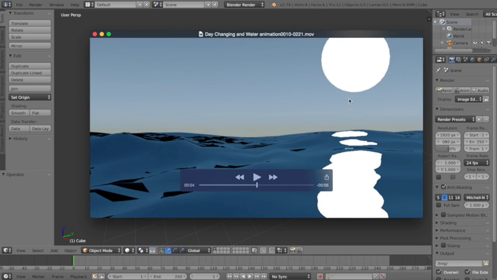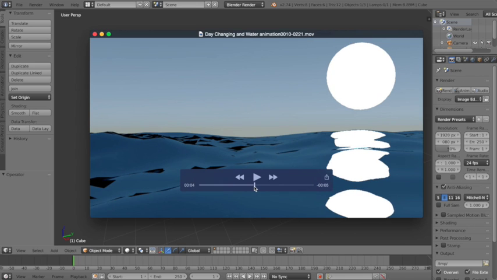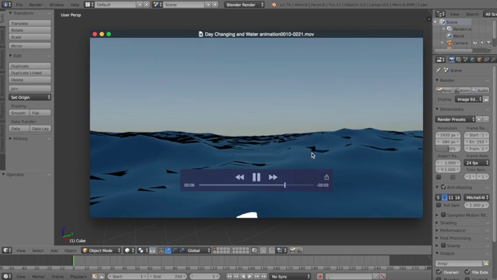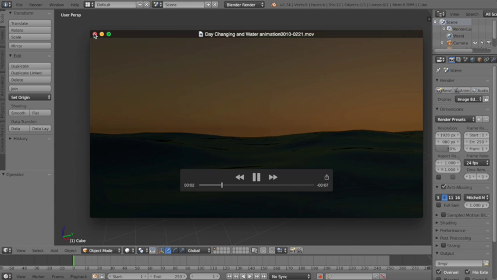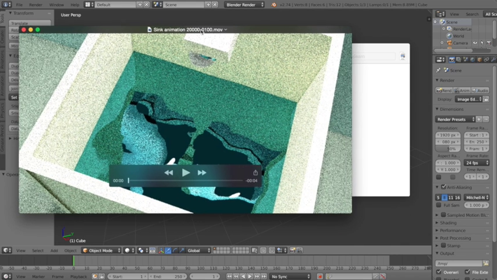I'm also going to show you how to change the daytime. And as you can see, it is rising. And as you can see, the reflection is over here in the water, and here and here. And as it goes on, the reflection goes there, and the water is waving and all that stuff. It's pretty nice. I'll show you how to do that, and I'm also going to show you how to do this,